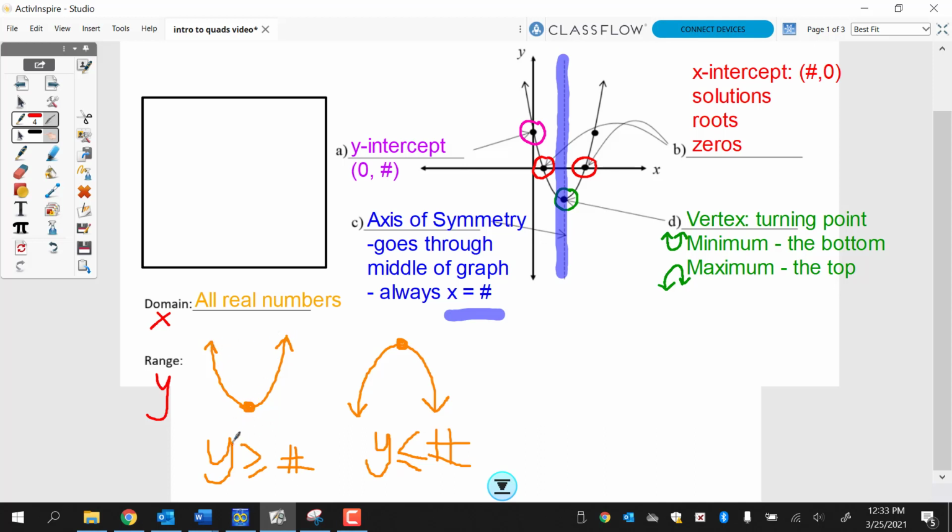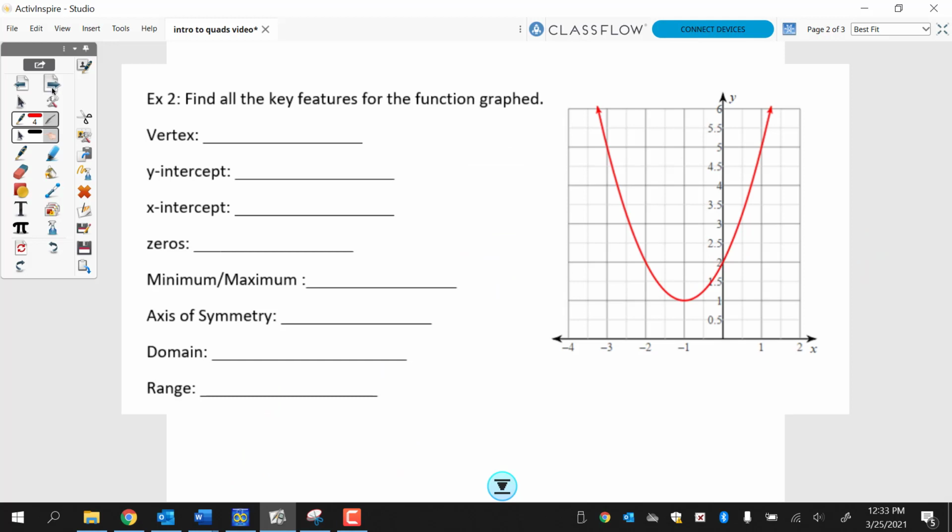If it's pointing up, then that means it's greater than. If the graph is pointing down, that means we would use the less than symbol, less than whatever number is up there. Okay, so we're going to go through some examples and figure out what all the vocabulary words are in